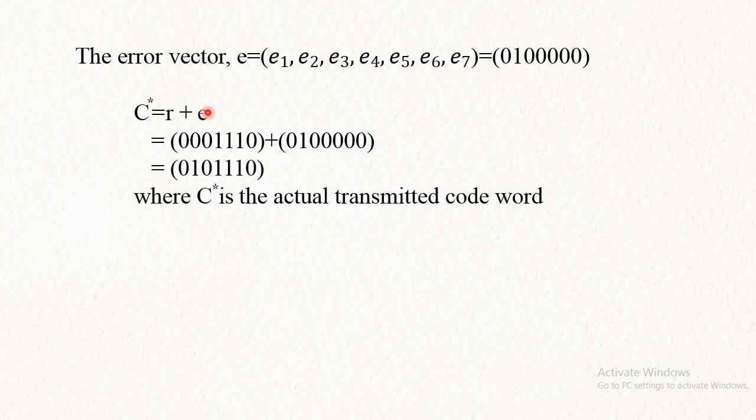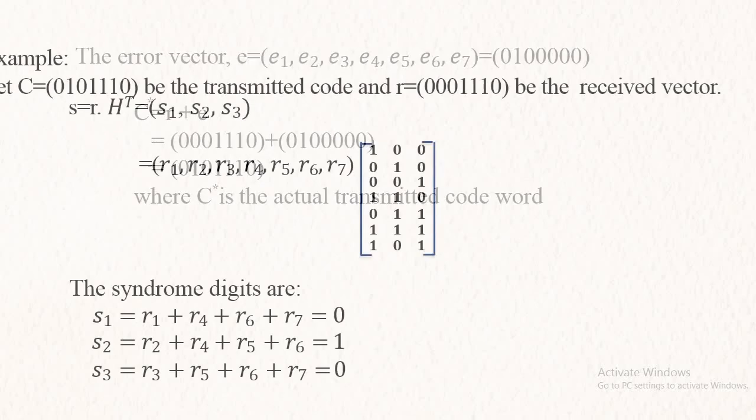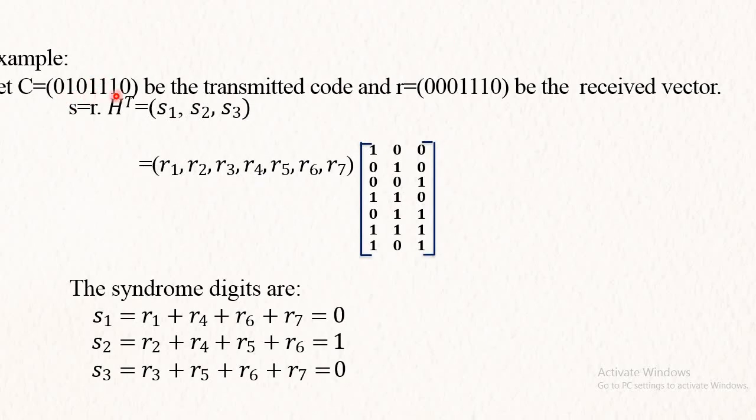Addition in this case is again nothing but XORing. So by taking XORing, for the error vector, 0 XOR 0 is 0, 0 XOR 1 is 1, 0 XOR 0 is again 0, 1 XOR 0 is 1, 1 XOR 0 is 1, 0 XOR 0 is 0. One point is very interesting about this error vector: it tells you the position where the error is present. If you focus over here, this one is my transmitted code word and this one is my received code word.